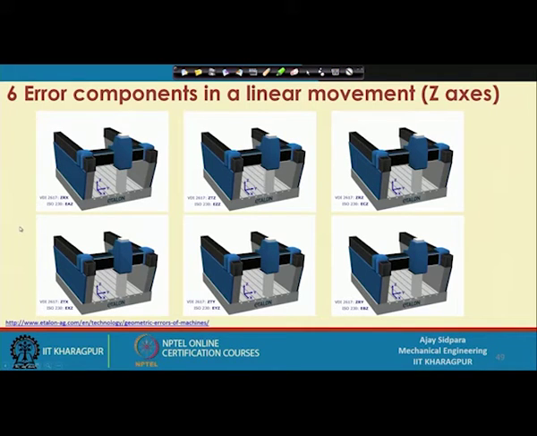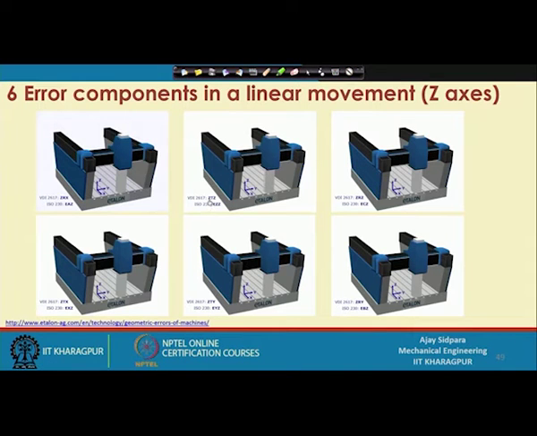So, here our motion is in the z direction, but rotation around the x axis. Now, you can see it is moving up and down, but it is swinging around the x axis, considering this particular thing. This one is your z direction, this one is your x direction and this one is your y. So, your spindle, when it is moving up and down, is actually swinging, and that is not acceptable.